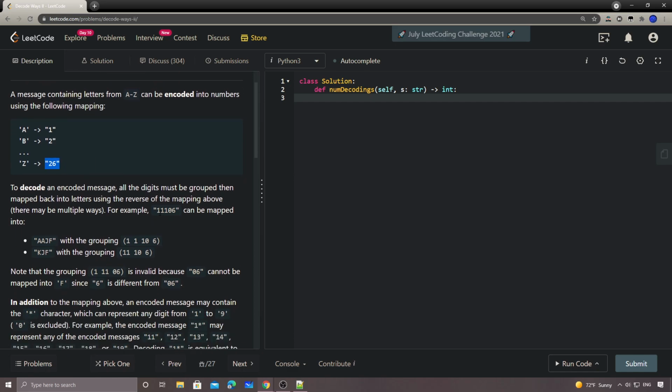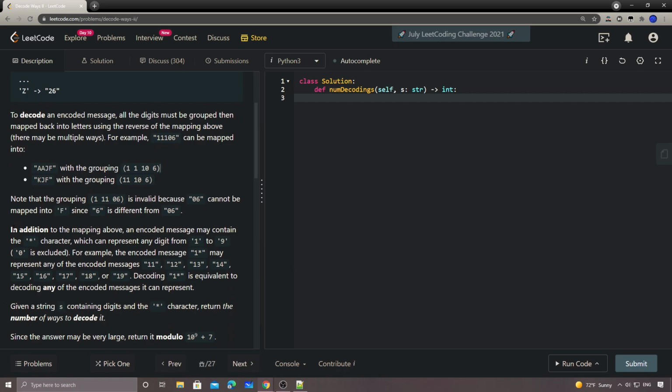And to decode, if you're given this kind of string, we can decode this one into AAJF or KJF, right? But 1, 11, and 06 is invalid because 6 cannot be represented by 06. It has to be 6, without a leading 0,